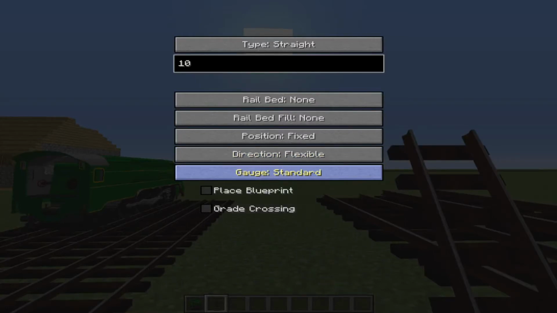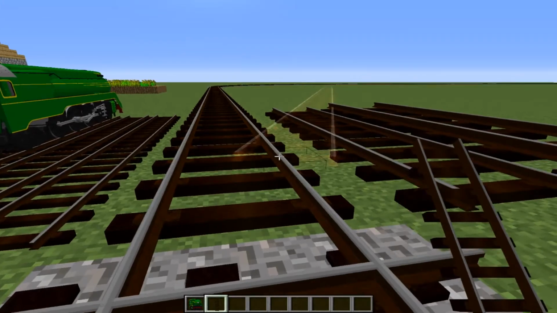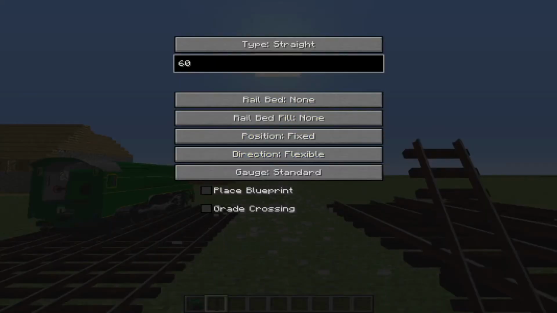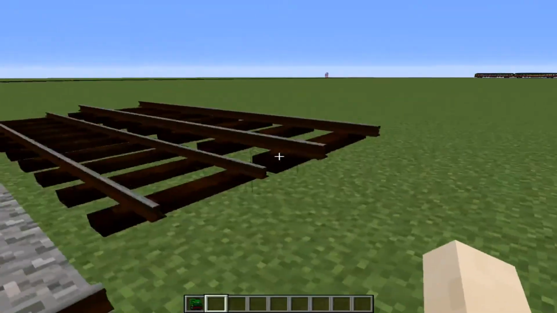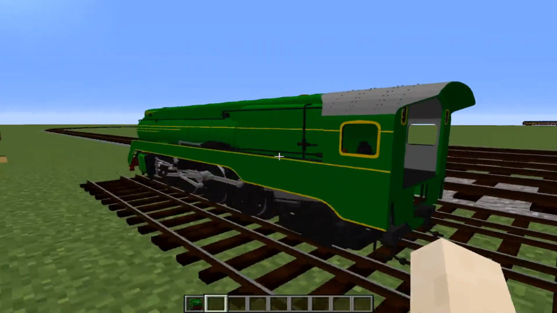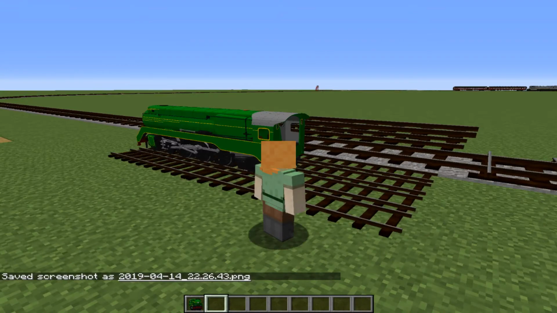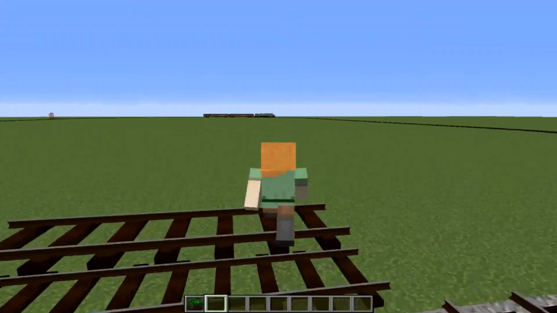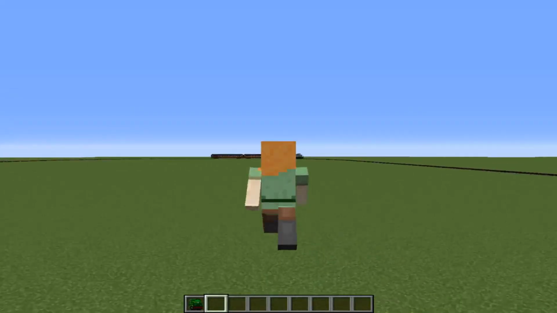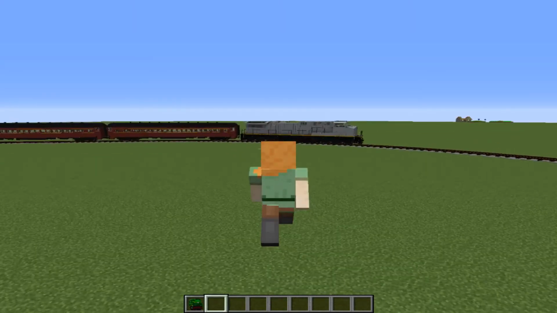So let me just set that back to, we had it at 60, I believe. Connect it back to that. Oh, gravel. So yeah, you can have the choice of different sizes of track. You've got the Minecraft size, which is fairly reasonable. But if we were to go into the bigger one, which is the huge one here,